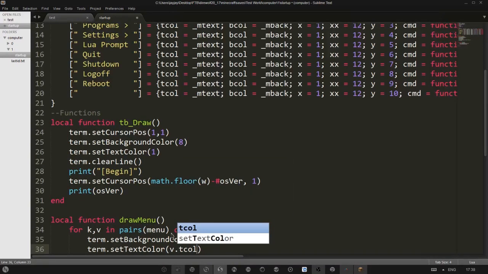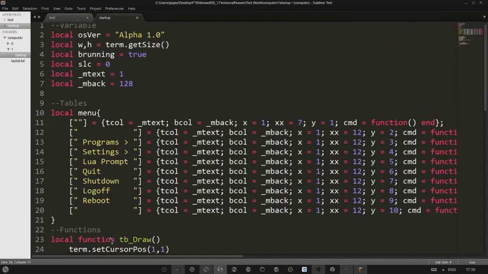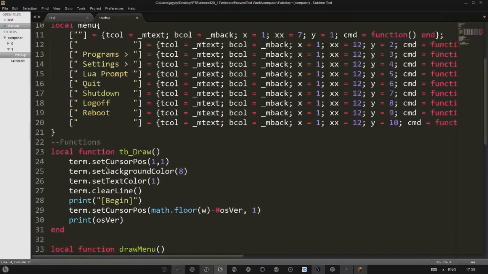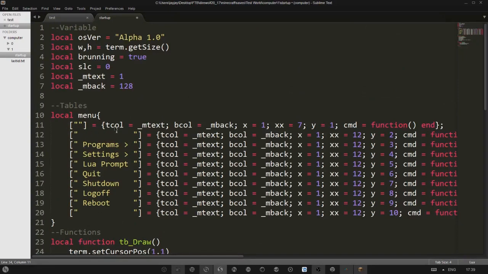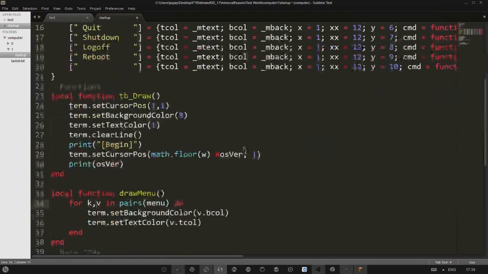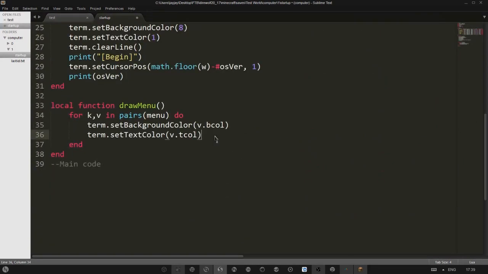Now what this is doing is the v on here will assign to these here, and the v.tcol will go, we need this index, this parameter. So it's just going to get these parameters out of the actual function here. So v.tcol, and then